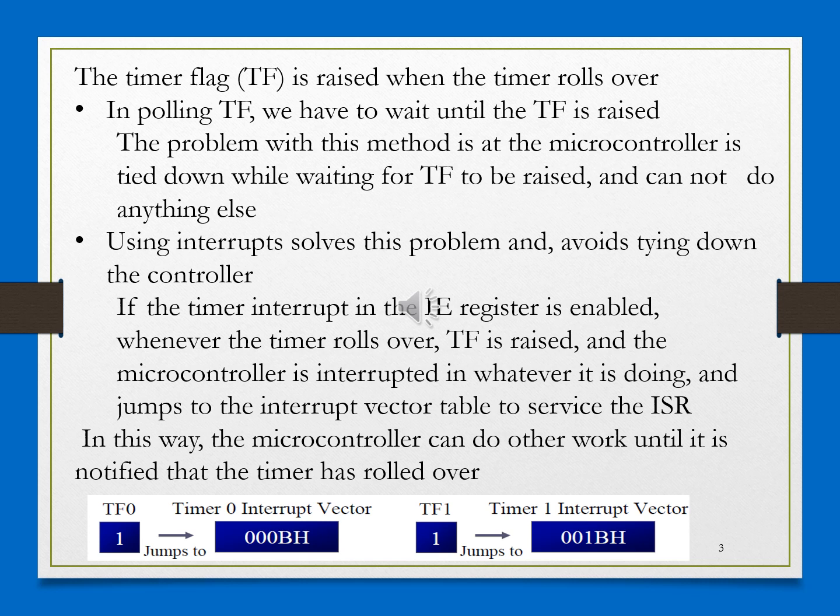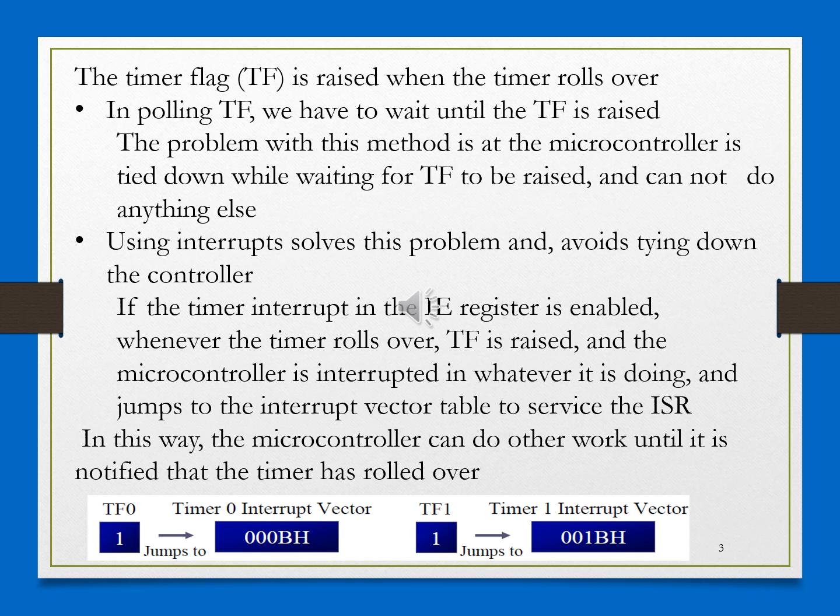And I hope now you are familiar with the difference between the interrupt method and the polling method. In the polling method, you remember we used to wait there. The CPU used to be in the loop until the overflow flag was set or raised. So there the CPU was tied up. It was not allowed to do anything but wait for the overflow flag to get raised. Okay, so this is not a convenient method, right? This drawback is overcome by the interrupt method.